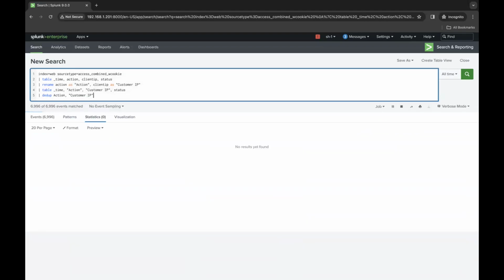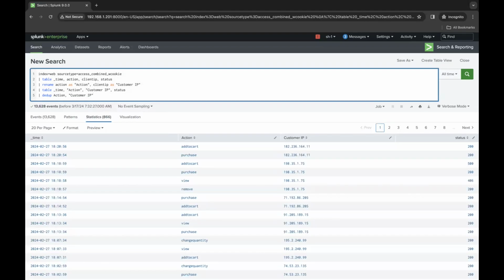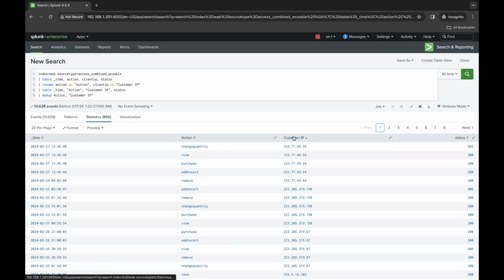For example, if my customer is spending this much time on the same website, it's not going to show me over here. So if you check right now, this customer: one time add to cart, one time purchase. Same thing, same IP: add to cart, purchase, view, remove, all of those things based on each IP. If I sort it by IP, that's our next command. It's going to show us what's going on over here. So you see change quantity from the same IP, same customer, did all of those things, and we have now